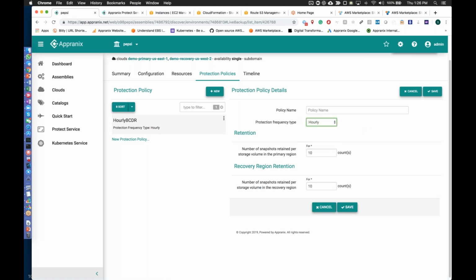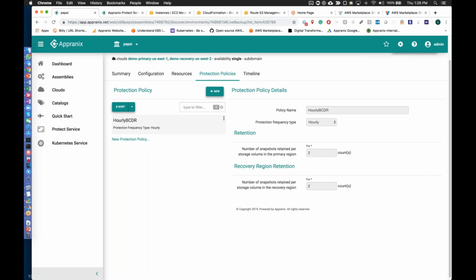It's very similar to any other backup type of system because we wanted to use a similar approach of protecting and giving you the resiliency. In this particular case, it's an hourly protection for the entire set of resources. And you can retain a number of snapshots in your primary region as well as the recovery region, depending on the policy type. The system will automatically collect all of that.